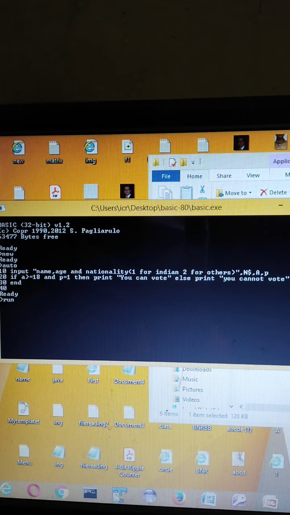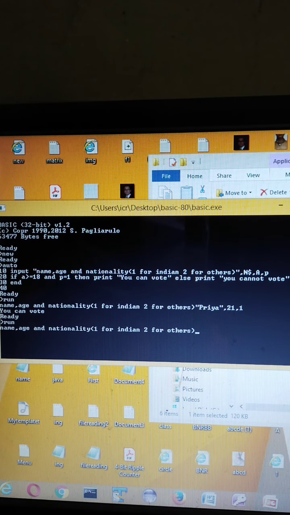So if I run this program, the program is asking me 3 things. I'll write in inverted commas the name as Priya, the age as 21 and 1 for nationality. So it's giving me you can vote. But if I run this program again and I give something like Anand, 16, 1, it's saying you cannot vote.